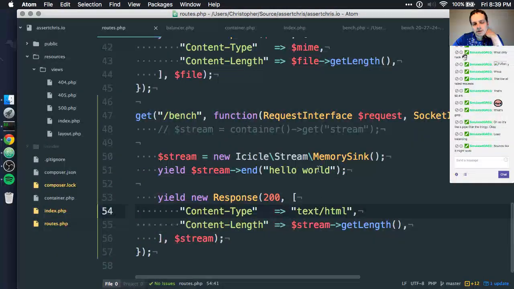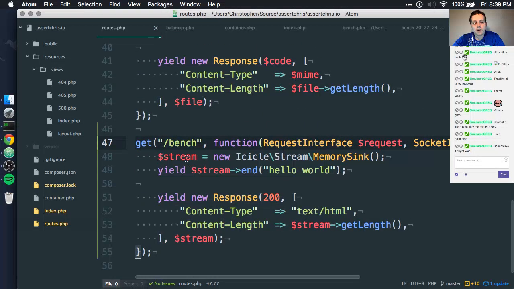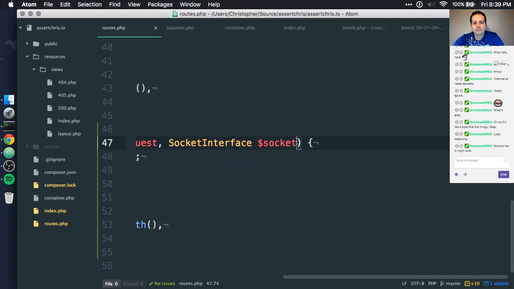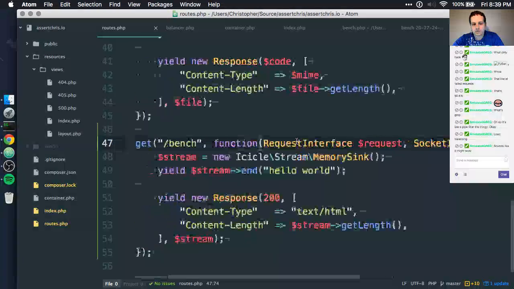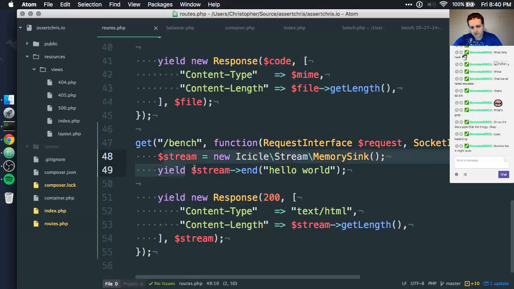Let's have a look at this one more time. We're still only getting 180-ish requests a second. If we pass an array of already initialized streams in here, then we could save on the time for this for each request. But a realistic thing that we want to do is pass the stream data, like I presume this will be template data, through a transformer with actual data for the request. So if it's a